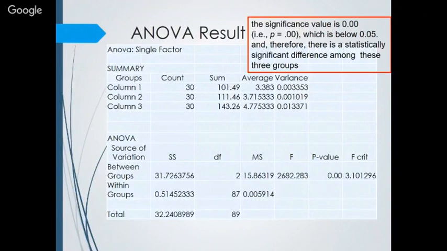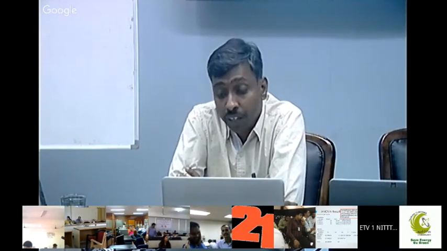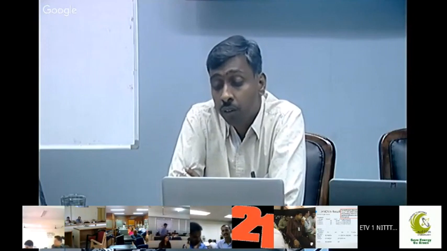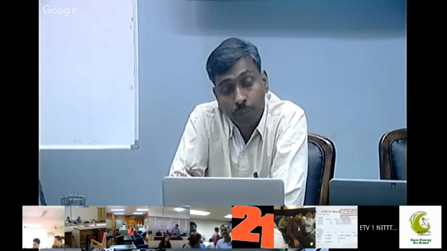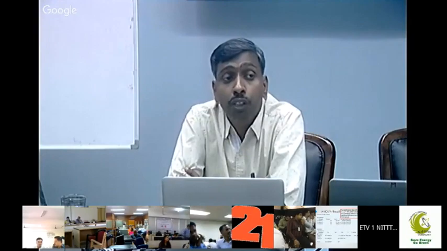So that you can manually calculate also. But in software it is available here. All the software gives all these parameters, so we need not go to the statistical table or anything else. The P value is calculated and directly presented here, and the F critical value is also there. Okay, the P value is 0.00.